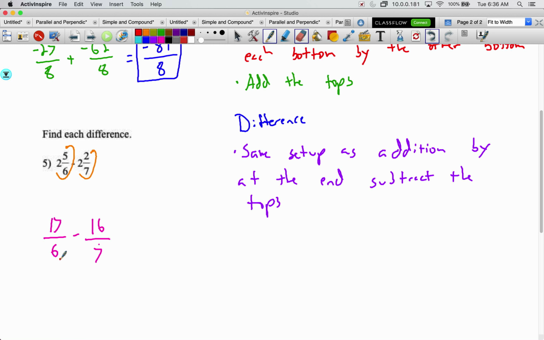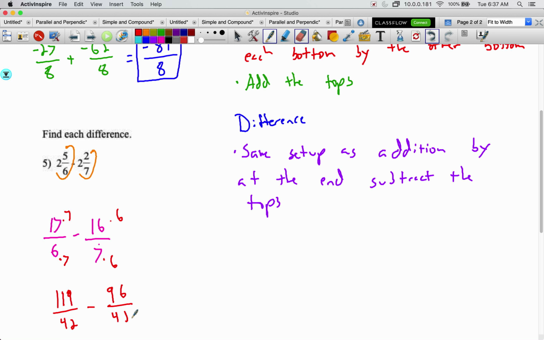So one thing that will always work is multiplying them by each other. So the 7 times 6 and the 6 times 7. That way we get a 42 on both of those, but whatever I do to the bottom, I have to do to the top. So times 7 over here, times 6 over here. Let's get out that calculator again. 17 times 7 is 119 over 42 minus 16 times 6 is 96